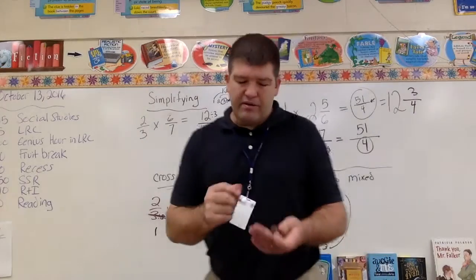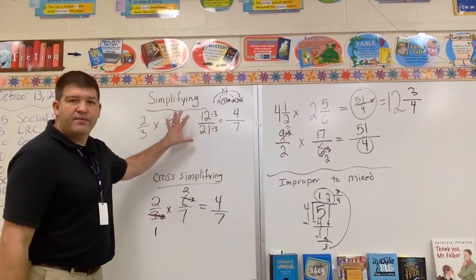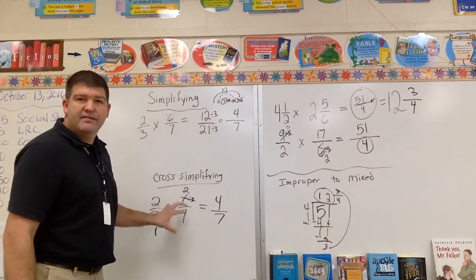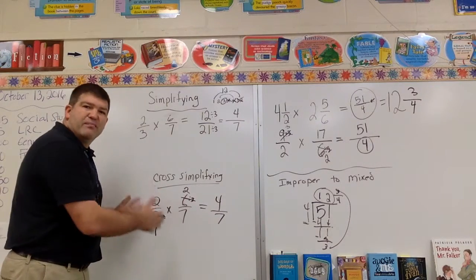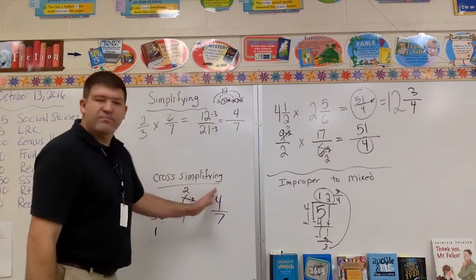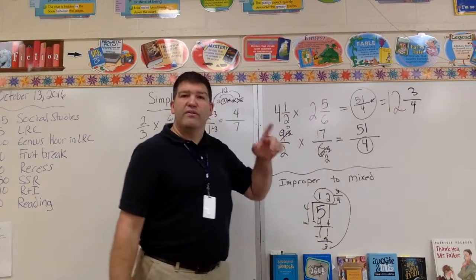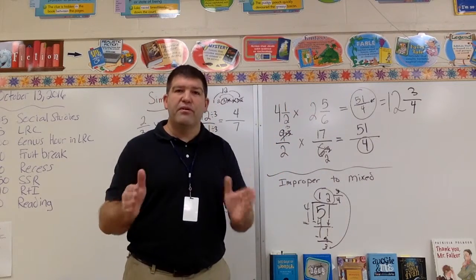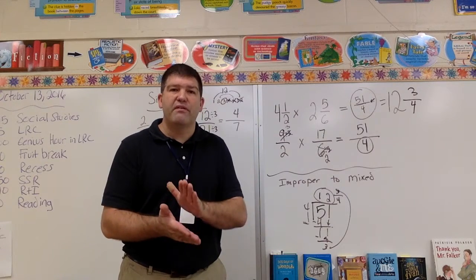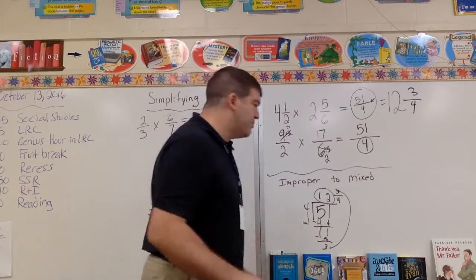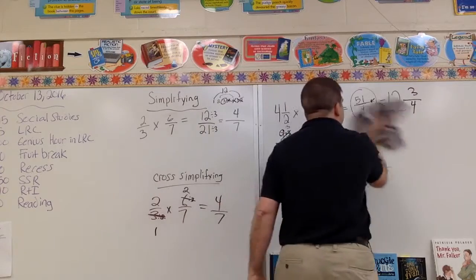So these are just some really important things. Simplifying it, and you can do it 2 different ways. I'm okay with whatever way. This way I prefer because it gets it into its simplest form first, and then I just multiply across. When you're doing multiplication or division by fractions, always get it into fraction form first. Let me show you one other thing with the dividing. You might not be to dividing yet, but